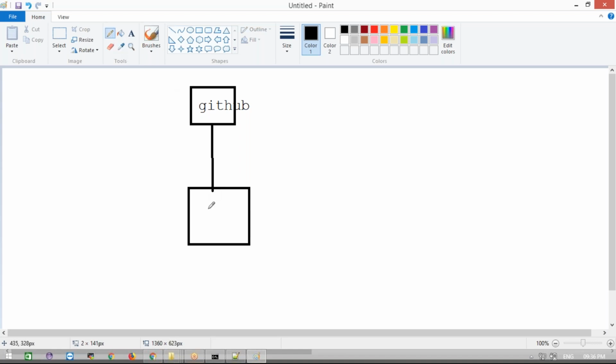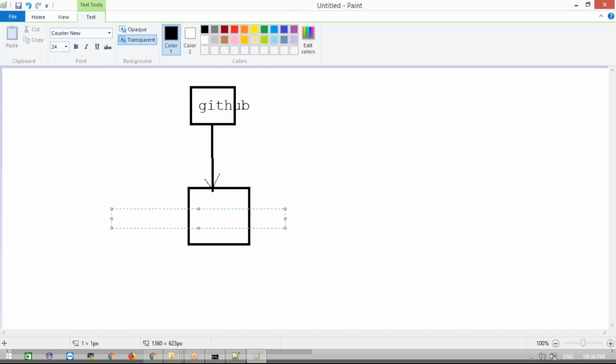Now in Jenkins, where will it be stored? In the Linux system it will be under the user, username dot Jenkins, workspace, slash our project name, right?